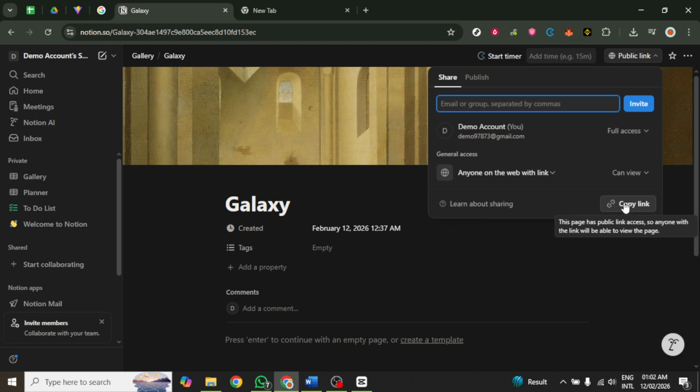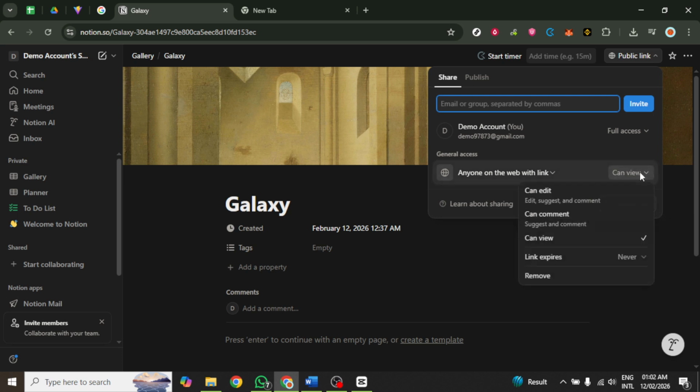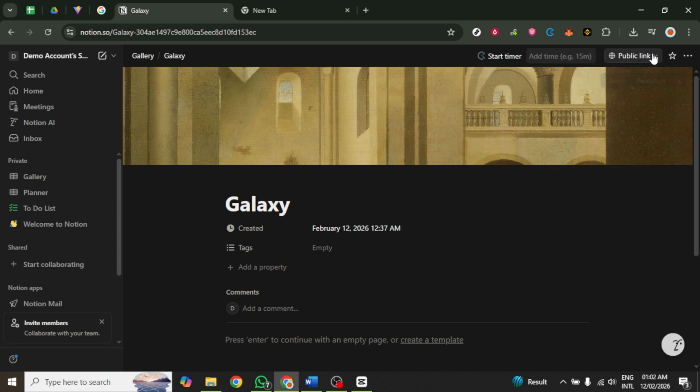After configuring the sharing options, it's important to review the access settings thoroughly. This will help you confirm who can view or edit the page. You can choose from various permission levels such as can view, can comment, or can edit. Make sure to select the option that aligns with your sharing intentions, as this directly affects the visibility and interaction